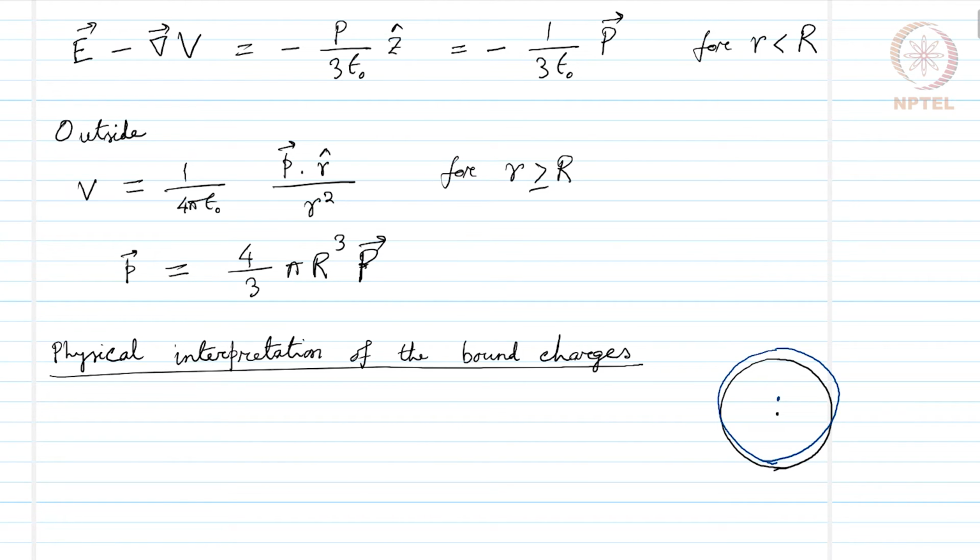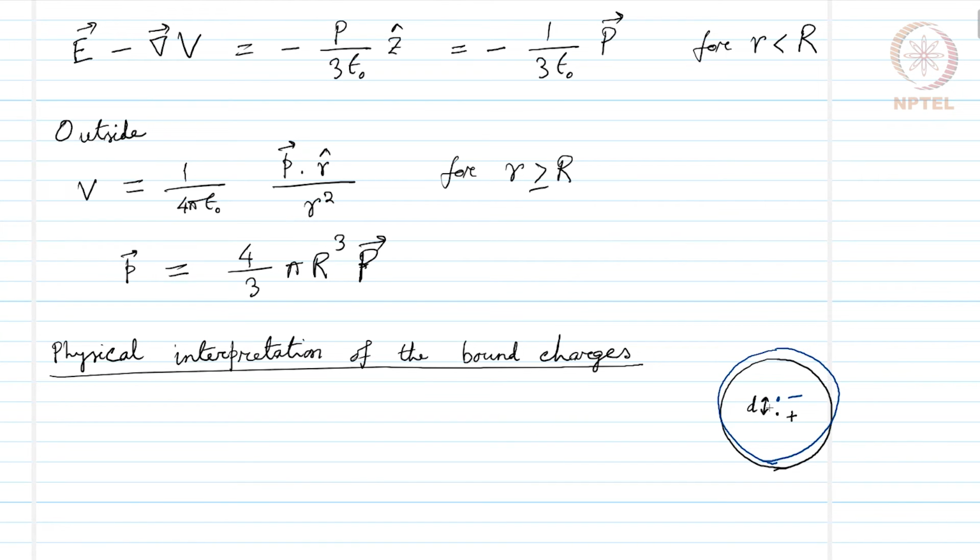So we have the positive charge center here and the negative charge center here. The distance between these two charge centers is given as d,